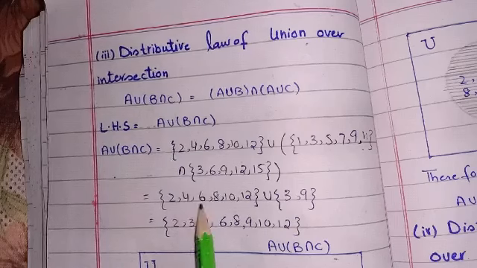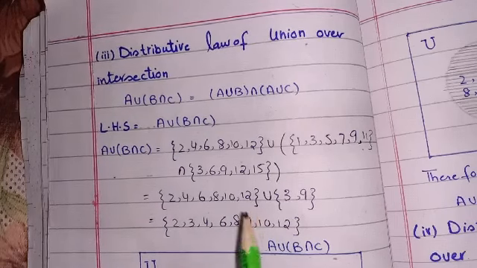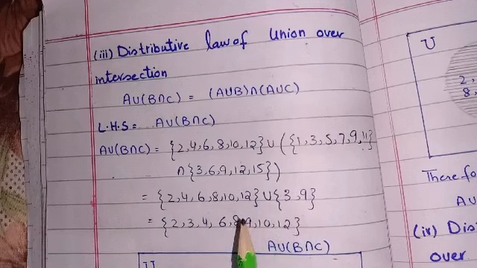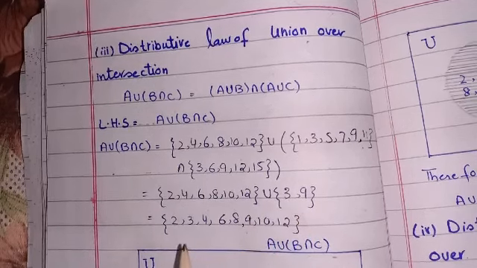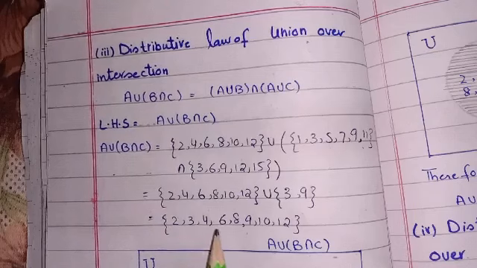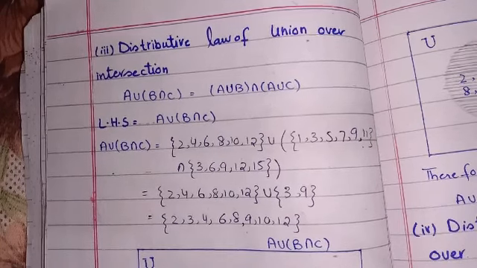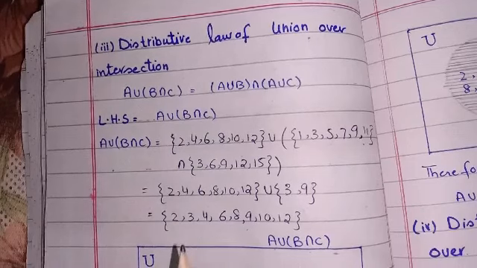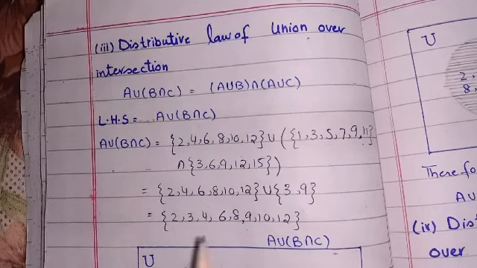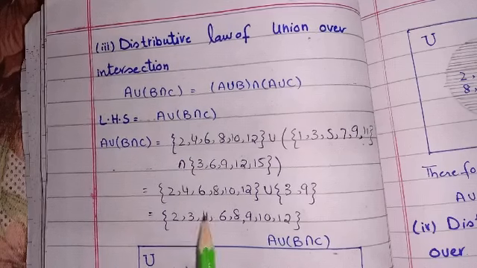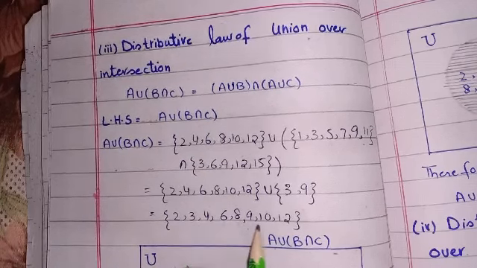Now students, we will take the union of our A set and our resultant set. By taking the union we combine all the elements of both sets, and in the answer set we have elements 2, 3, 4, 6, 8, 9, 10 and 12. As I told you earlier, the Venn diagram remains the same but the shading is different. We will shade in this Venn diagram only the area having these elements.